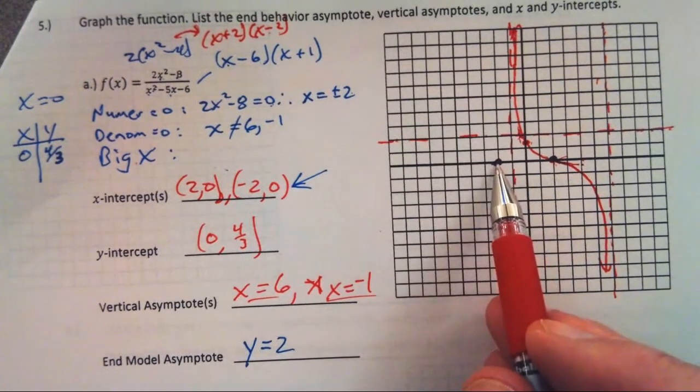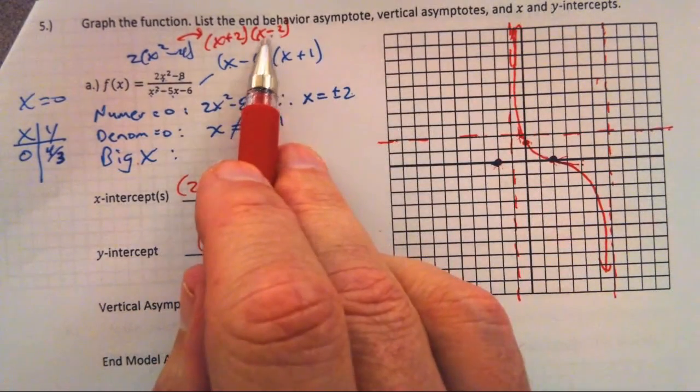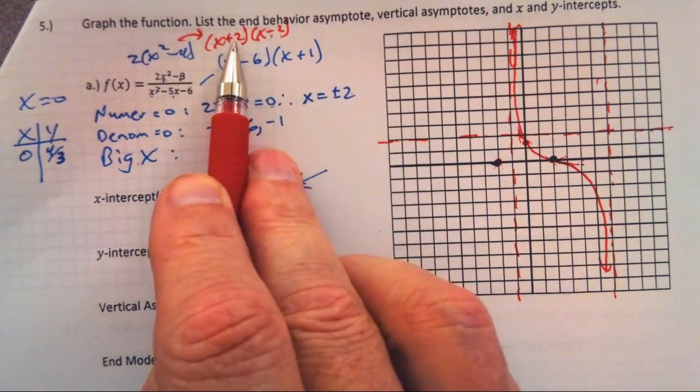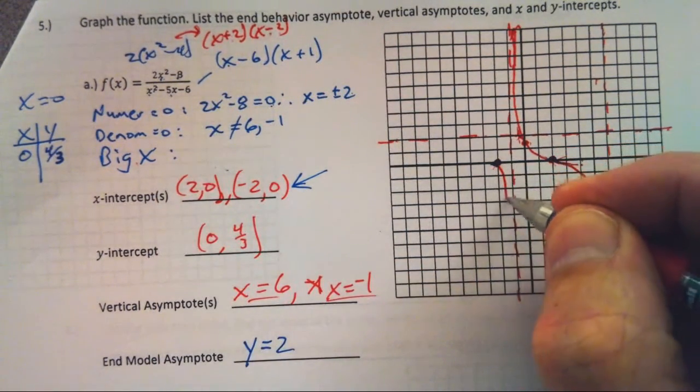Okay, so what's happening in here? Well, this is not a touch point. This is just a single 0 from right here, so I must pass through there. And now's where I expect